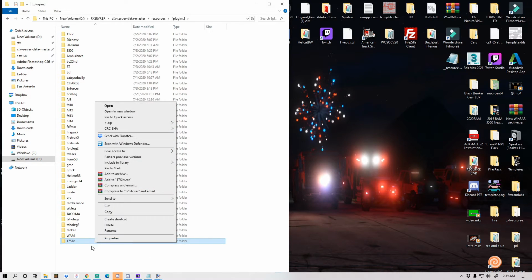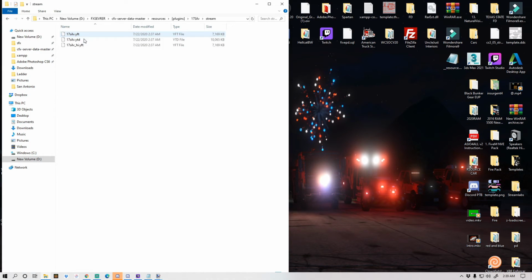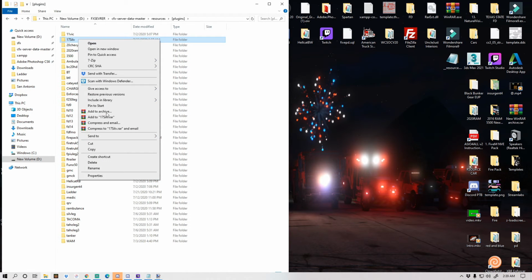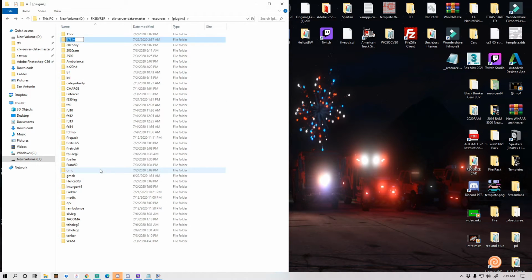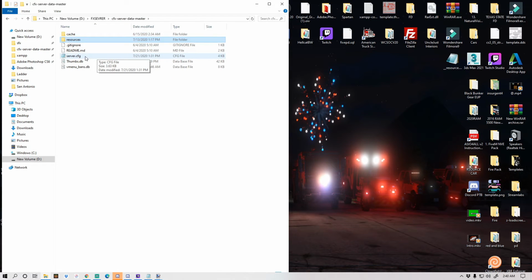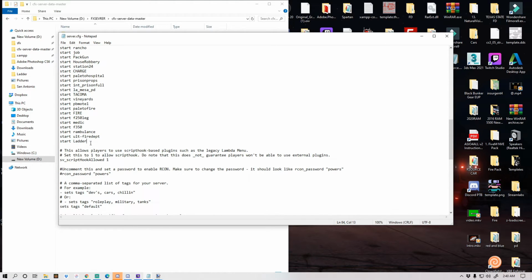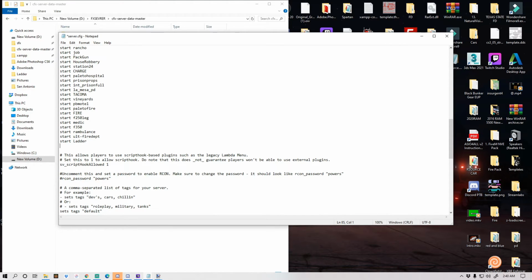So what I do is I look to see what the name is, and it is 17 silver. So all we have to do is go to the 17 silver, right click, rename, Control C to copy, and then just press out of it. And you're gonna go back to your server data master, go to server config, and then go all the way down, press enter, and you don't want to do it right here. You want to give this file some space. So you're gonna do start, and then just Control V, and you're gonna do file, save,